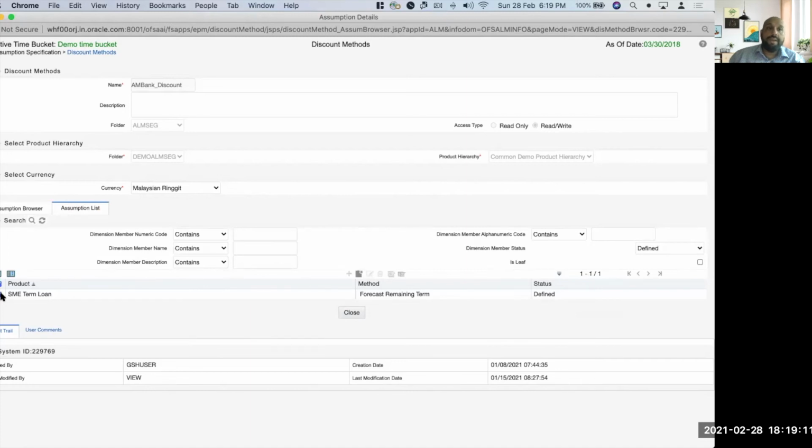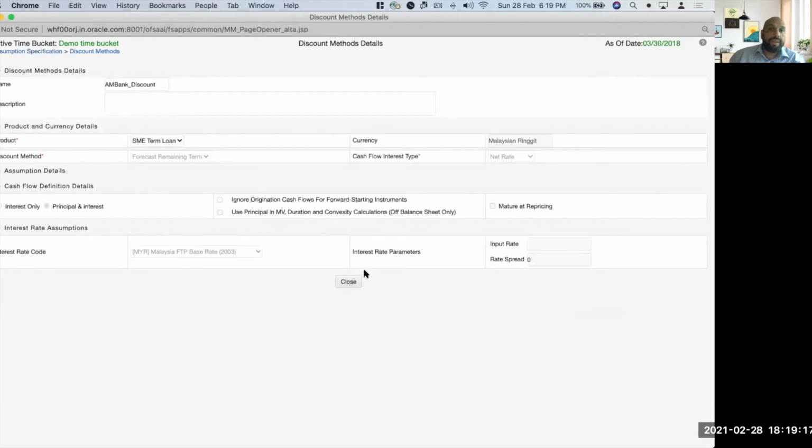In this case, a small and medium enterprise term loan. And if you wanted to look at what exactly was set up for that, if you click here, you would see that the Malaysia FTP base rate was used for the discounting of the cash flow. So this is how we determine what is the underlying discount curve that is used for discounting the cash flows